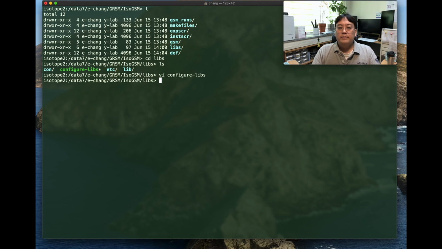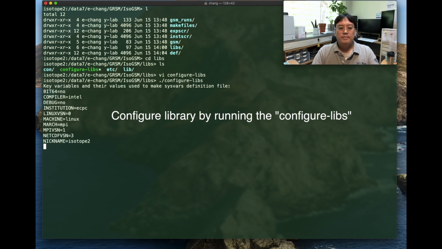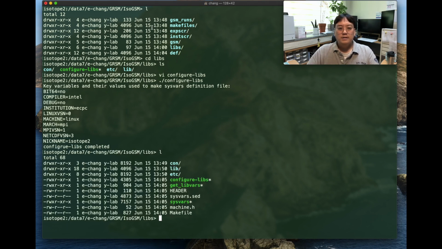After modifying this configure libs script, now we have to apply all these modified factors and make them do the configuring before they compile. So we simply run this configure libs script. Then the script will execute, and we can see here